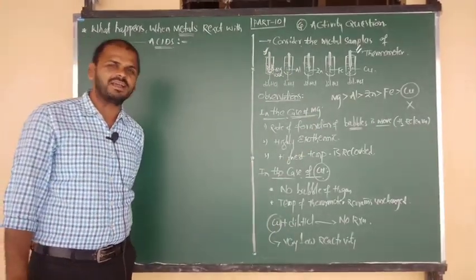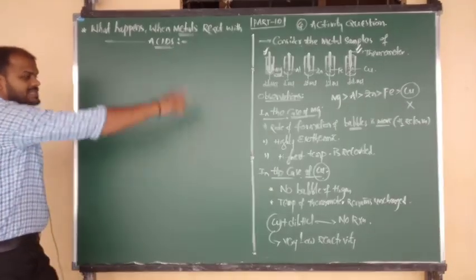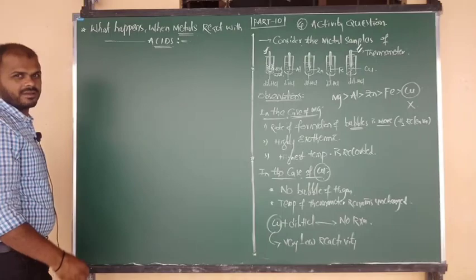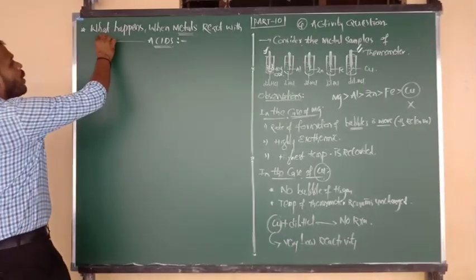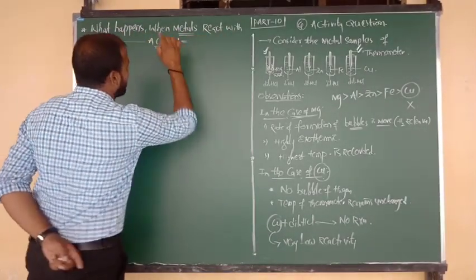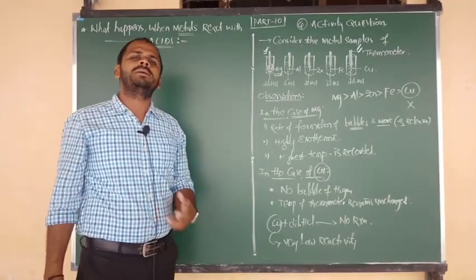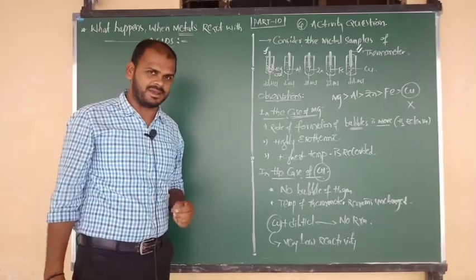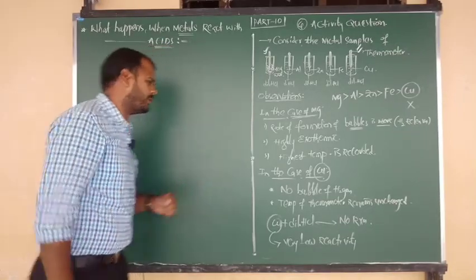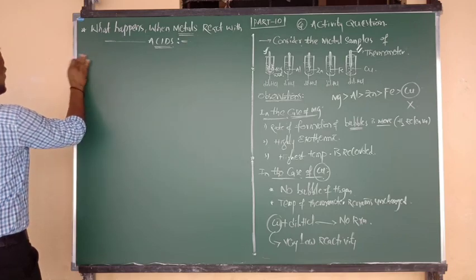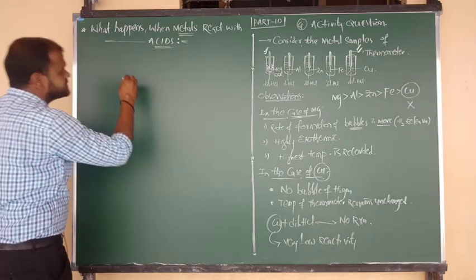Understood clearly? Good. On the basis of that activity, here I am going to show you the reactions. Before that, the question is, what happens when metals react with acids? If a metal reacts with an acid, what can be formed there? That is the meaning, beta. First of all I am going to give you the statement, beta. You have to focus on the statement.